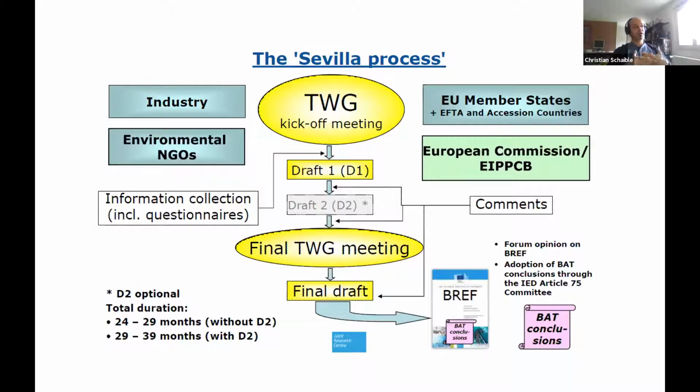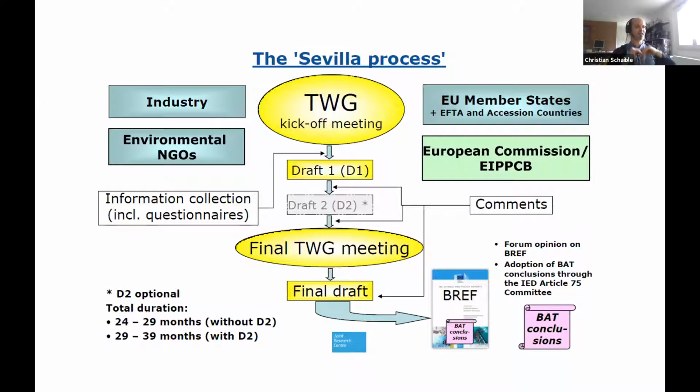Then you move based on the information you have, and the questionnaires are kind of key. You have very detailed questionnaires which go to industry, which are being filled out. Member states nominate what they call BAT candidates. So what are good performers, what are well performers. So here again, it has been moving a bit. Before it should be the best performers. Now it's well performers, which is an indicator that it's not going in the right direction, because normally you should always have the best performers and only one or two should be enough. But I will go into this later.